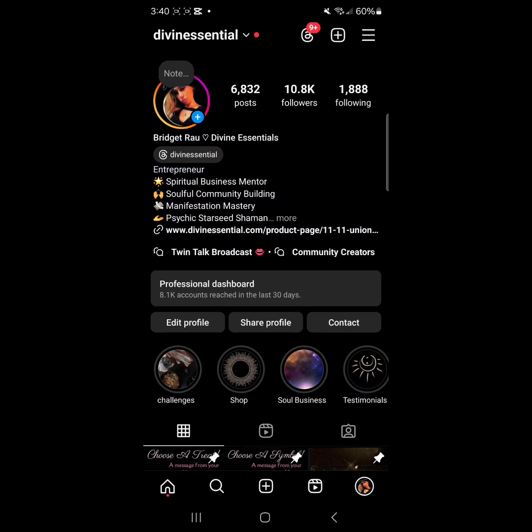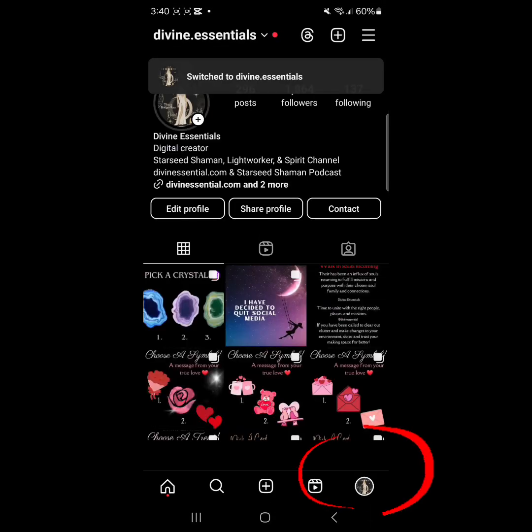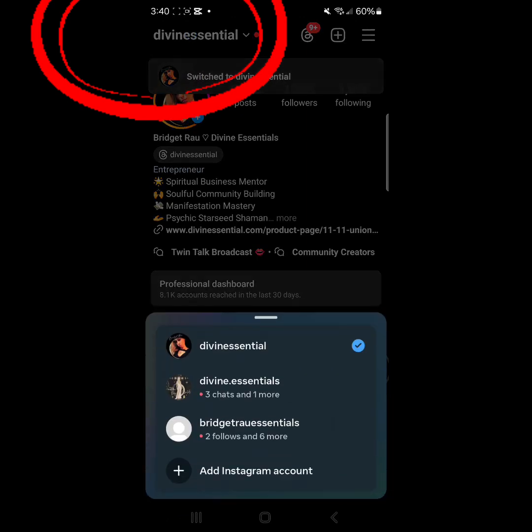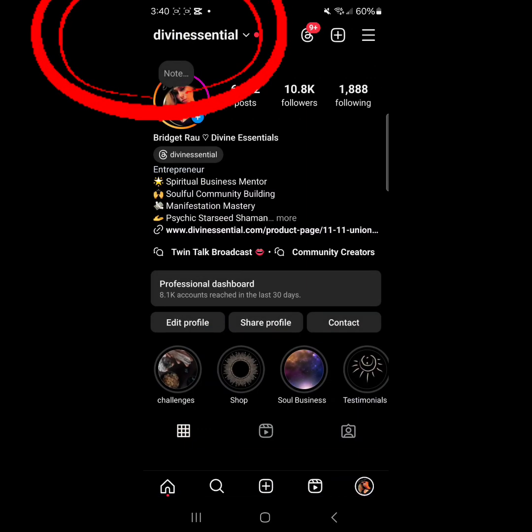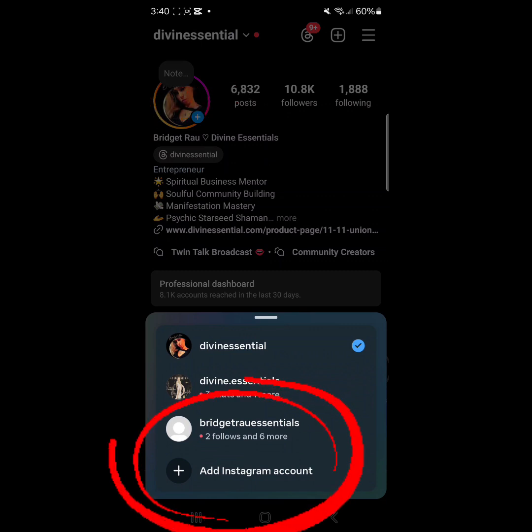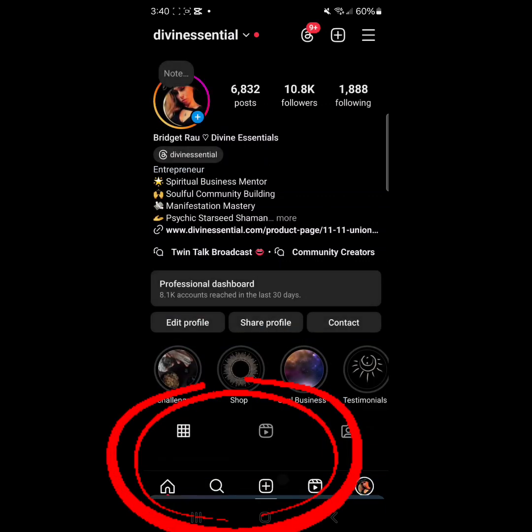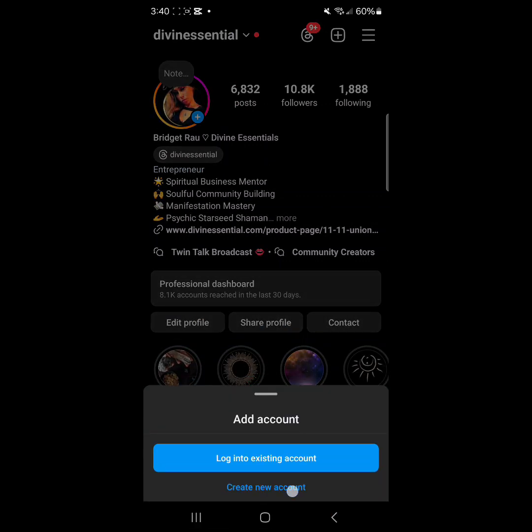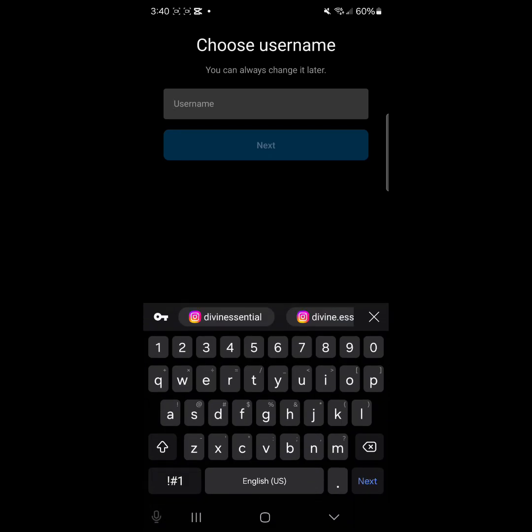So if you're on your home, you would hit your little face down here, and you could hit it twice and it will switch you, or you can hit up top on the left where it says the name Divine Essential with the little arrow down. Click on that. Okay, I did add and create a new account, and I put the name in that I wanted, and sometimes they're taken, so you have to get a little creative, and then you go through the next steps,